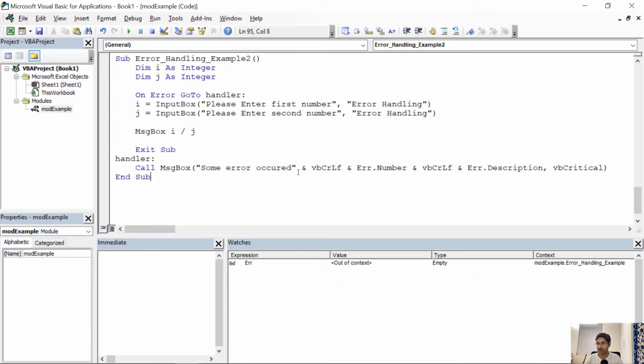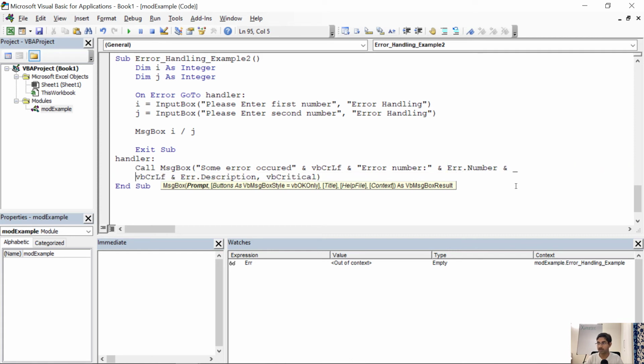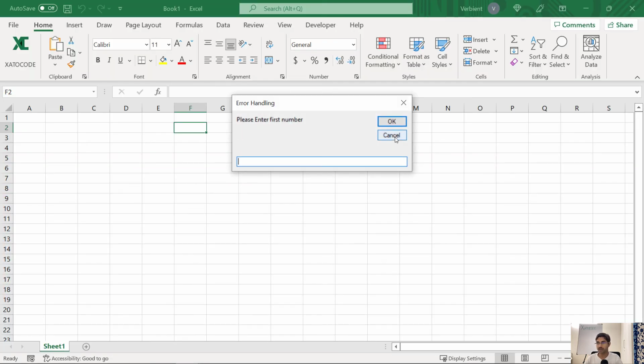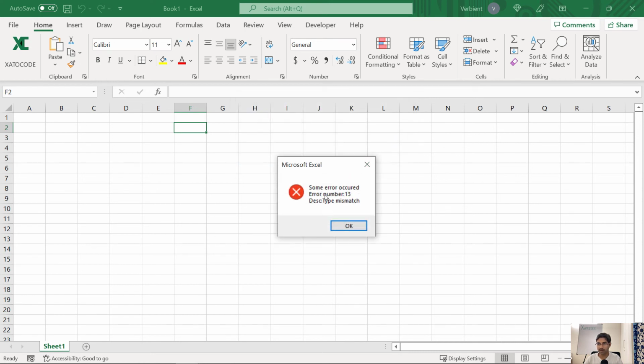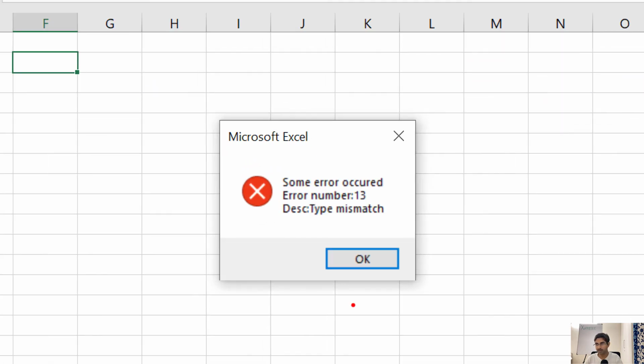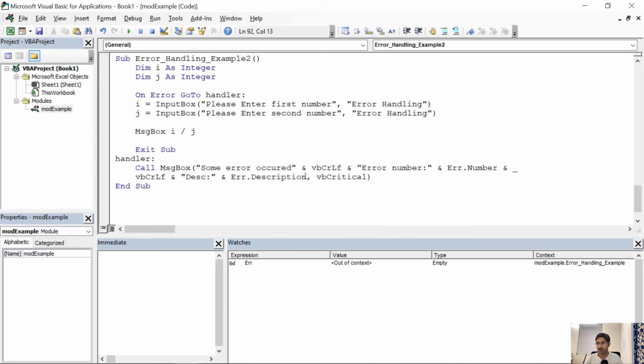So what you can do is, some error occurred, vbCrLf, and error number and a colon and an ampersand. You can break this line using an underscore, Err.Number and description, ampersand Err.Description. Now let me click on cancel. It will throw an error and I get some error occurred, error number 13, description type mismatch. So there is no line gap actually, so you can put one more line gap if you want